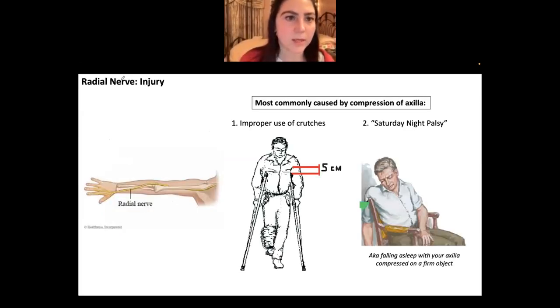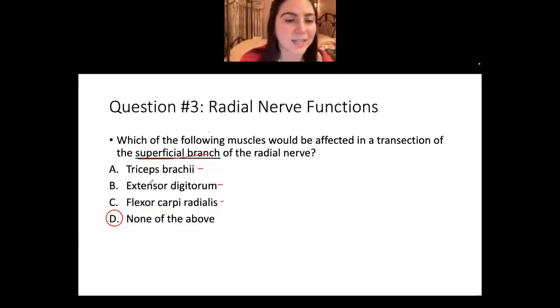Okay. So how do we injure this? Again, here's the radial nerve. It goes up the arm, wraps around the back of the arm, and hits the tricep, right? So it goes behind the humerus, hits the tricep back there, and then wraps around, and it does a lot of extension stuff, like finger extension, wrist extension, elbow extension. So it's pretty much trying to do a lot of those extensor muscles, and that's why here too, like the